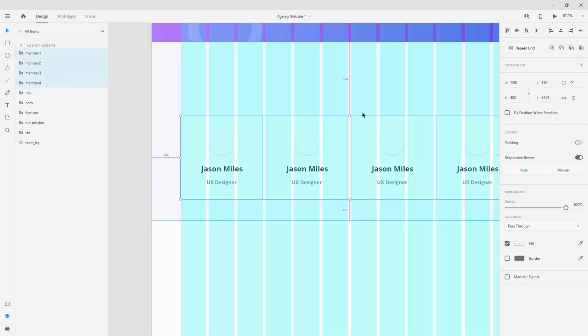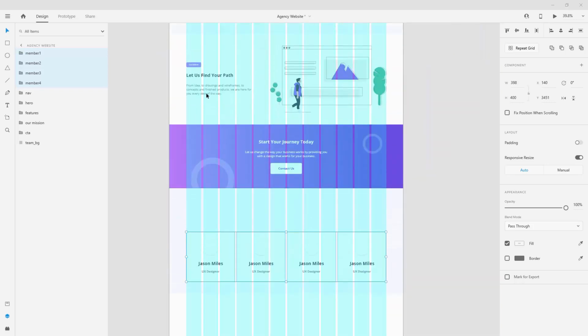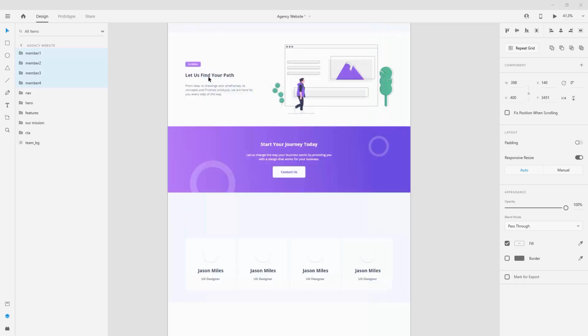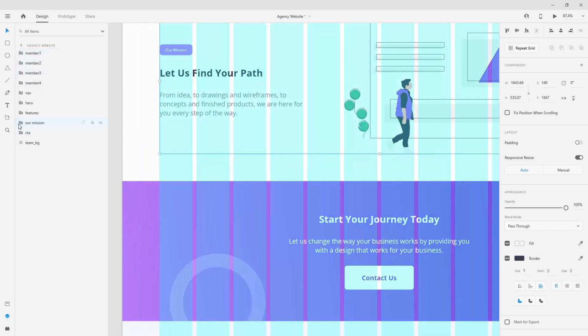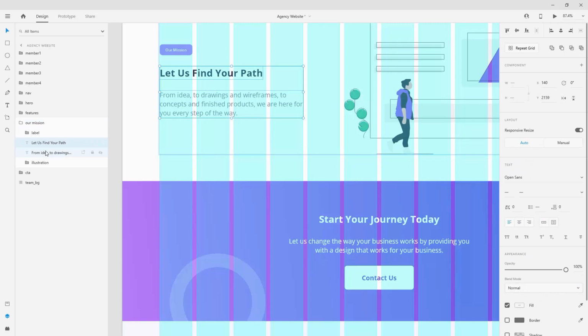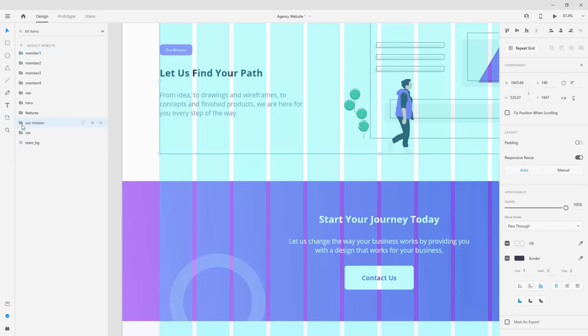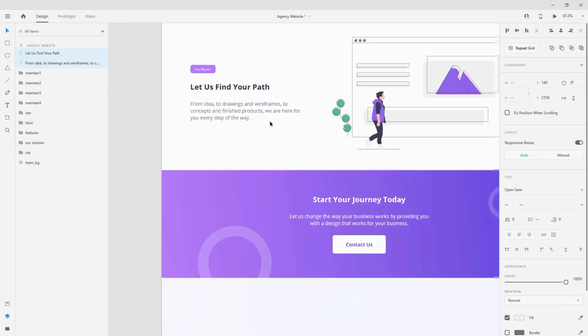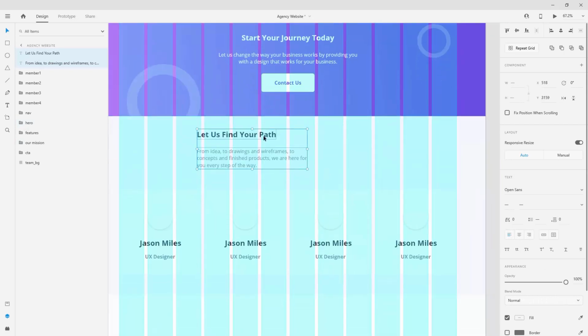Now what we need is the text, and because as I said, we're going to use exactly the same text as this one, I'm going to jump inside and simply copy this just to show you how that looks like. So hit Ctrl C, then hit Ctrl V to paste it outside. I'm going to move it like this. This is going to be in the middle, like so. This is going to be converted from area text to point text, so it doesn't have the area anymore. Make sure it's at the center, and just make sure to position these two in the center of your design,